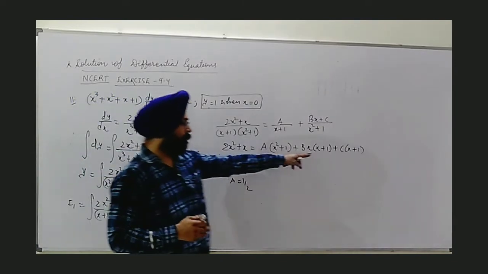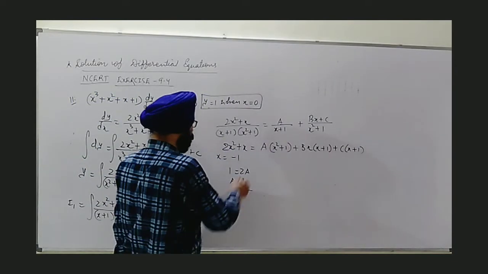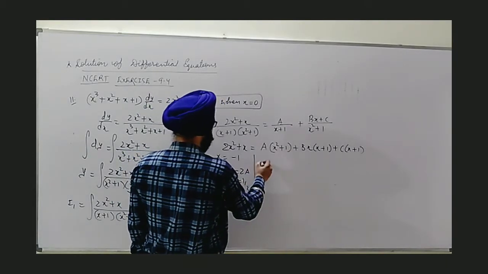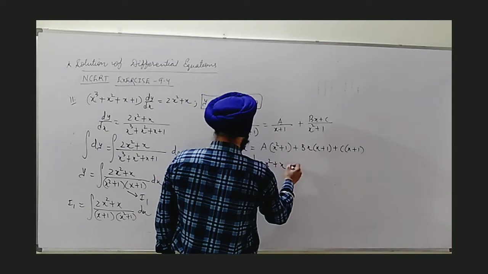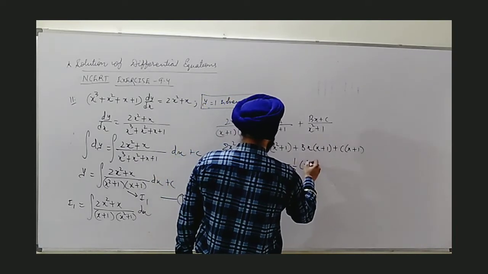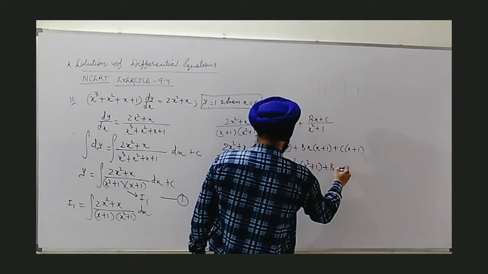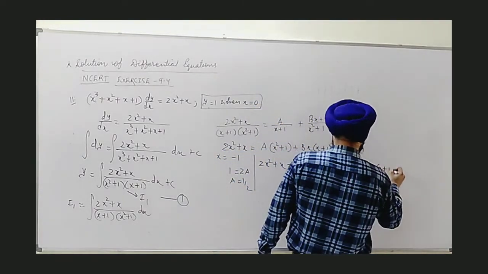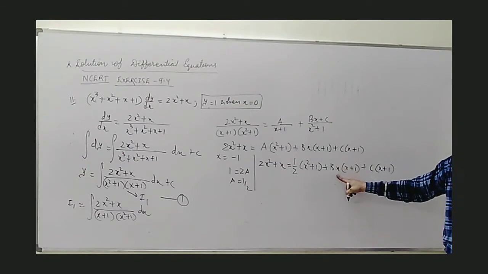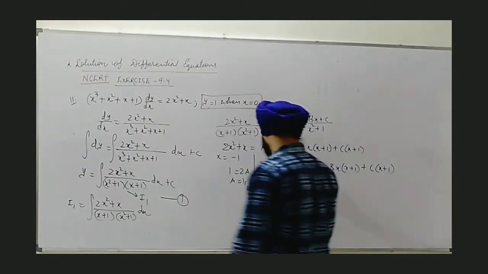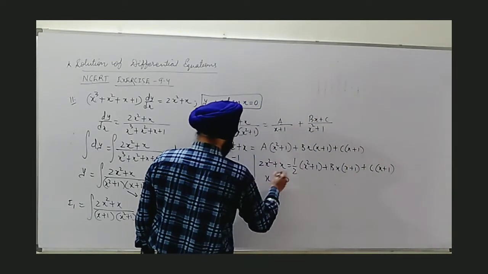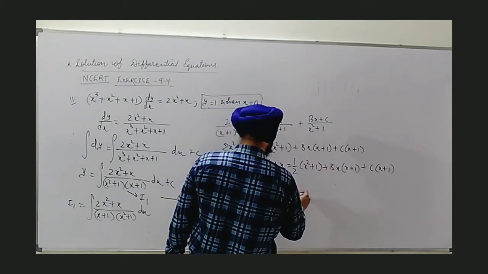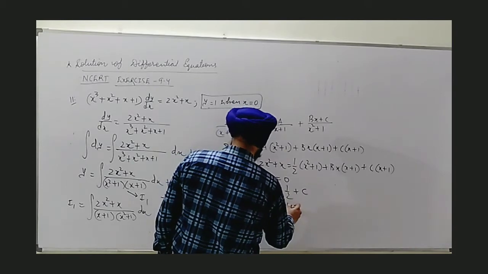Okay, rest of two terms will return 0. Now this equation can be written as, after getting a 1 by 2, 2x square plus x, this is equal to 1 by 2. Rest of the terms as it is. Now we can make this term alone as 0 by taking x equal to 0. Take x equal to 0, so the left hand side is 0. This term becomes 1 by 2, second term 0, and plus c, so c comes to minus 1 by 2.